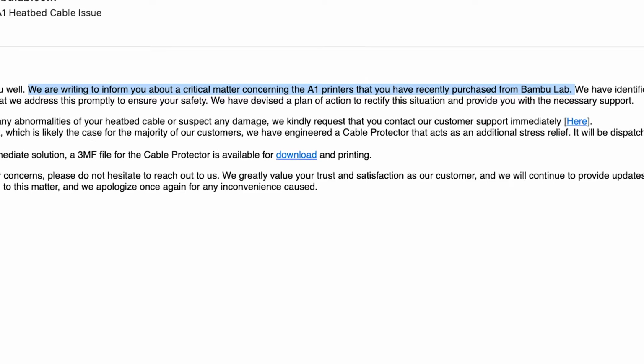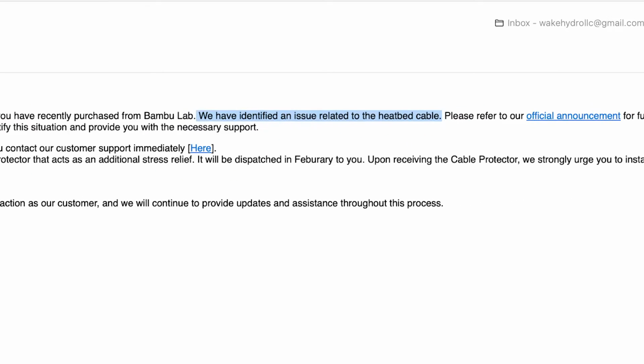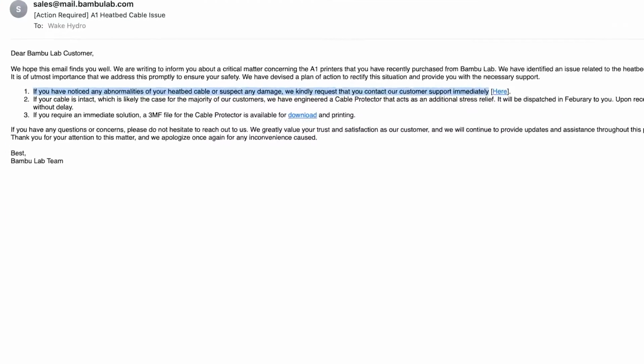Several days ago, Bambu Lab announced that there was an issue with the A1 heated bed cable. Bambu Lab offered to replace the heated bed on the A1 printer for any customers that had a damaged cable in the back. All they had to do is send in a picture and Bambu Lab would send them a